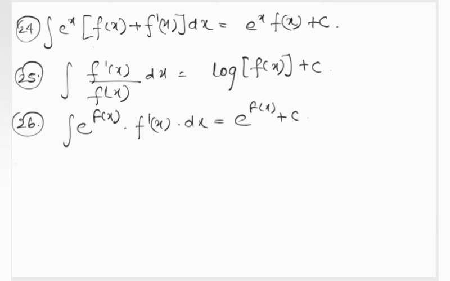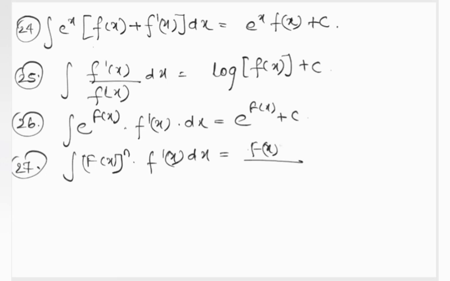ठीक. Now if we integrate f of x to the power n multiplied with f dash of x dx is equal to, हम क्या करेंगे, सिंपली f dash of x को हम एलिमिनेट कर देंगे. ओके, तो यहाँ पे क्या बचेगा, f of x to the power n plus 1 divided by n plus 1 plus c, एक कॉन्स्टेंट टर्म से हम ऐड कर देंगे.